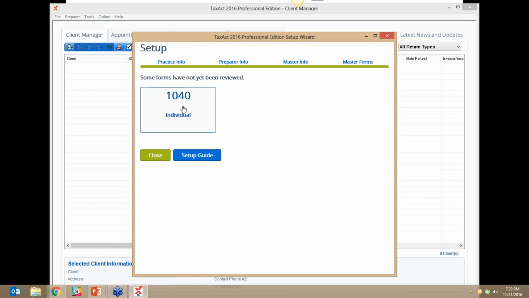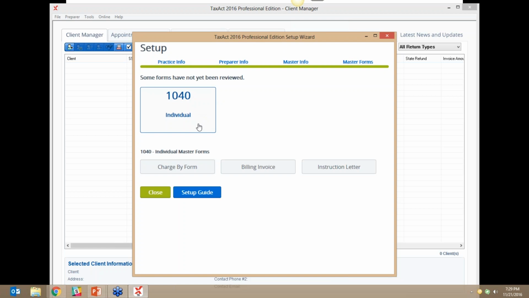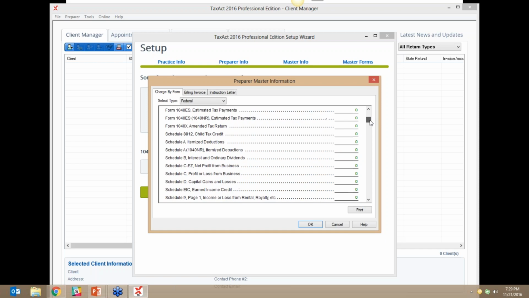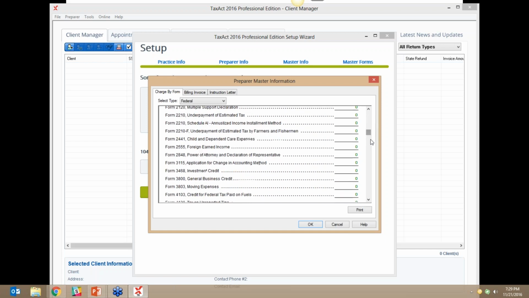And then here's where we can go through the master forms, and this is by product. So right now we only have the 1040 installed. If you had other versions, you would see a similar tile for those as well. So we'll just go ahead and click 1040, and then here are the three options of what I can set up for 1040. There is a charge by form, which is where you're including a separate fee for each form on the invoice,